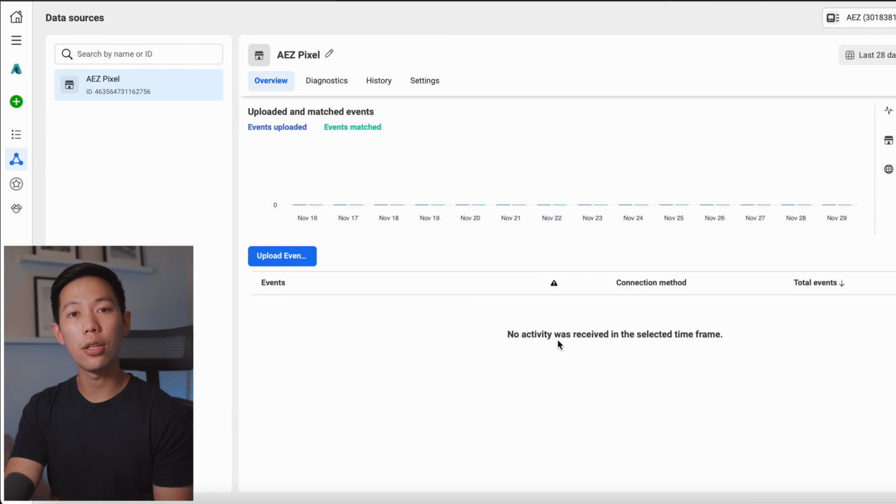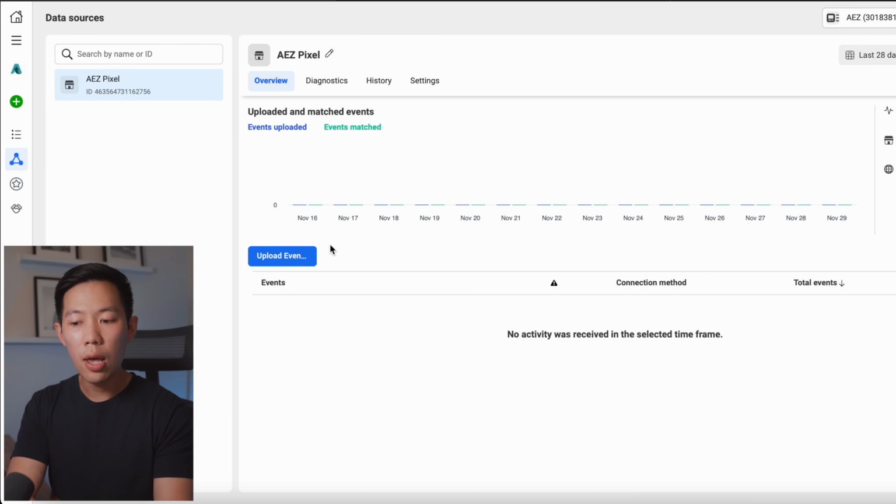So on this page, you're either going to see number one, a pixel that you already have, which is what you're seeing right here, or number two, if you don't already have a pixel, it's going to prompt you to create a pixel. So it's going to auto-generate some code, and then you're going to place that code on your website. It's very hard to tell you what to do with that pixel because it really does depend on the